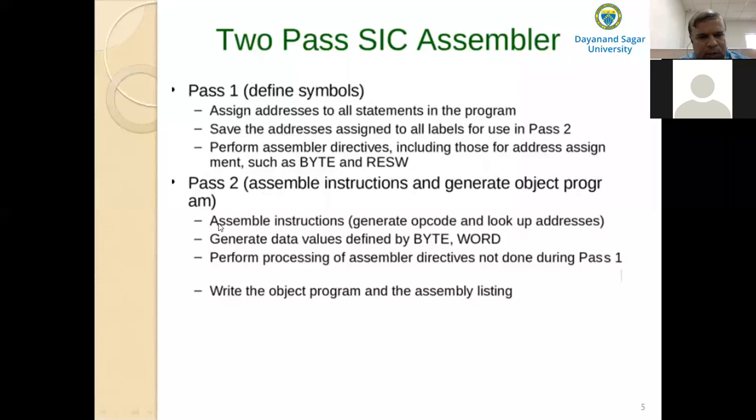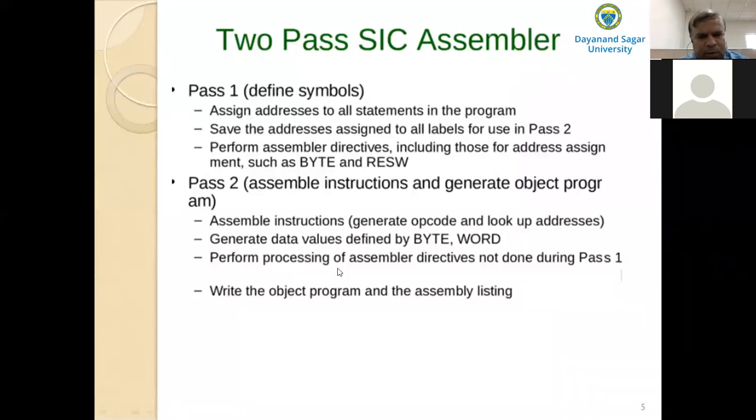The first step is to assemble the instructions. That means you have to generate the opcode for the mnemonic, the object code, and then look up addresses. And then you have to generate the data values defined by BYTE and WORD. That means you have to convert the data constants into the internal machine representation.